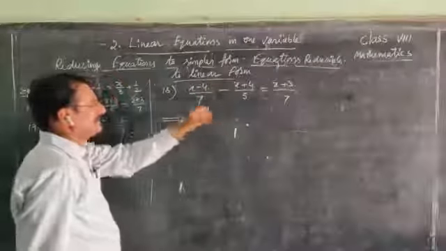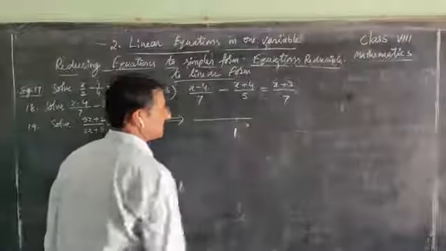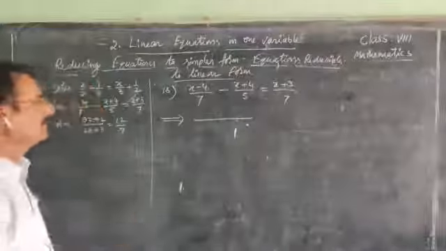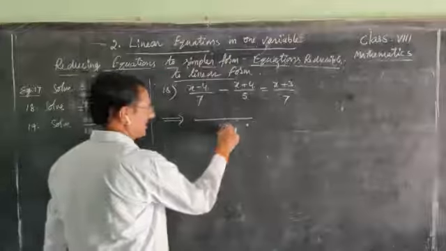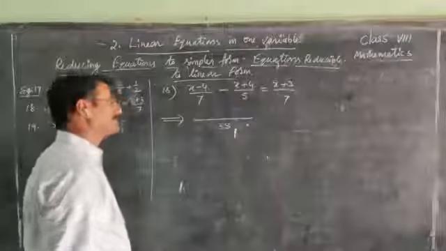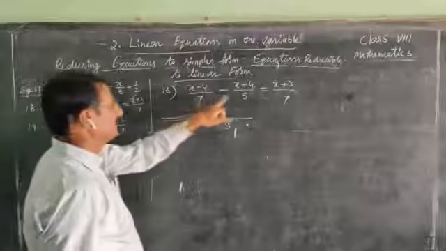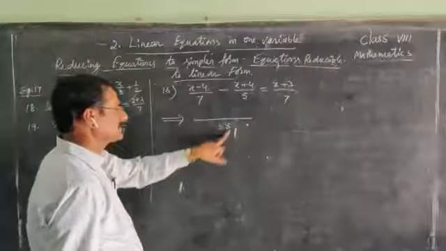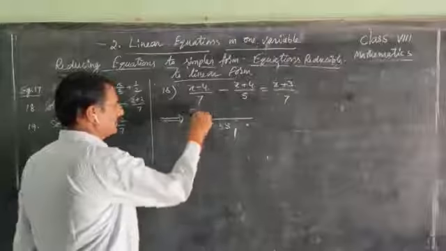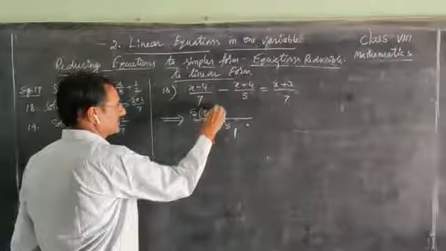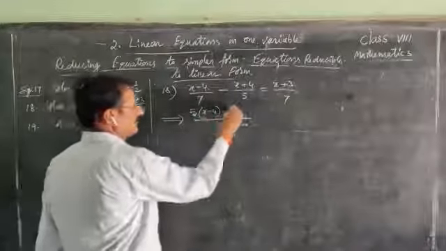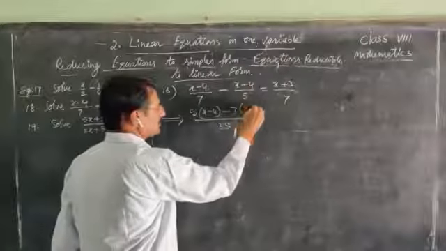With the minus symbol, so we use the LCM method to subtract them. 7 5s are 35, because 7 and 5 are co-primes. The product of them is called the LCM. 7 divides 35 how many times? 5 times. So 5 into this numerator x minus 4, minus 7 into this numerator x plus 4.